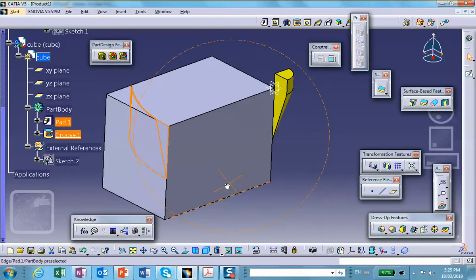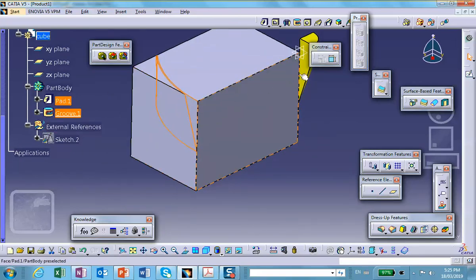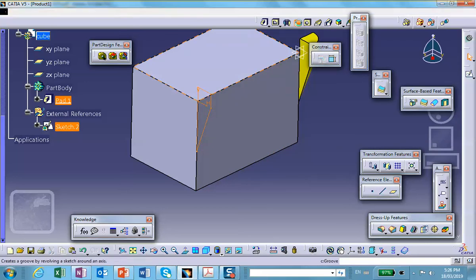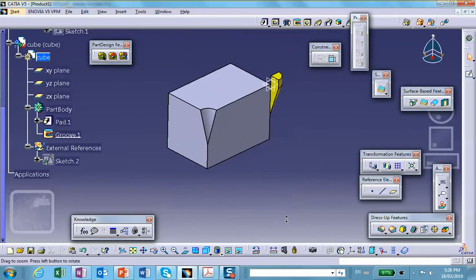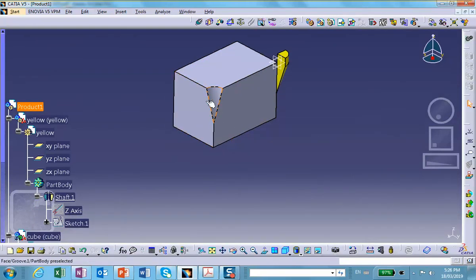Ooh, wrong spot. I mean, the axis of it is doing a groove about the wrong axis. Okay, so let me undo this. Go back to that sketch. Okay, so let's go back here, groove. The sketch is already selected. The axis is this line there. Excellent. Okay, so let's go up here, put the assembly constraints. Notice that I don't have to put any dimension on this groove because it's all coming from that copy special